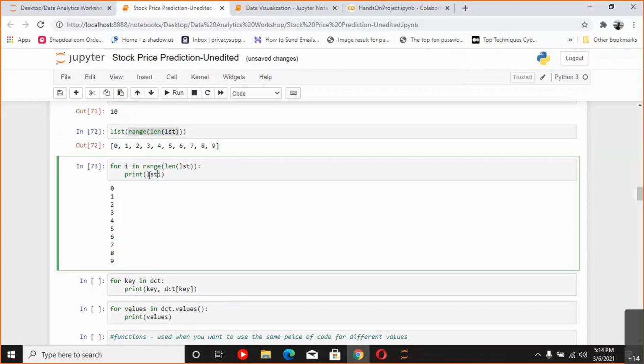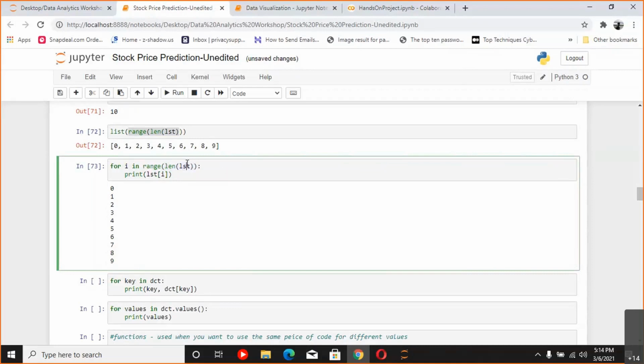And if I just type here lst[i], we all know that by using square brackets, we access specific positions inside of a list, right? So firstly, 0 will go in the place of i, so the 0th position will be accessed. Then 1 will go, so the first position will be accessed. Then 2 will go, so the second position will be accessed. This is the way all the elements inside of a list will be accessed, because the for loop is running for the length of the list itself.